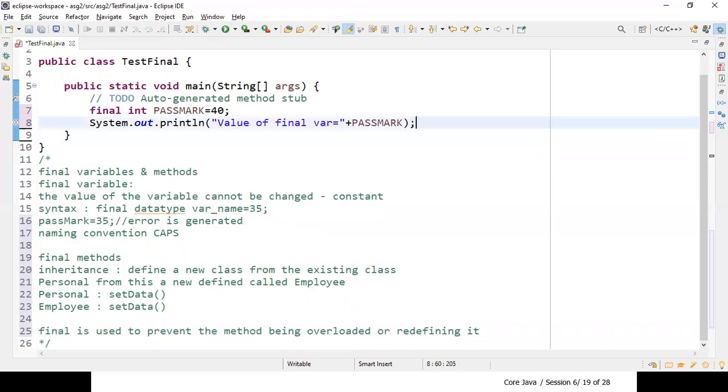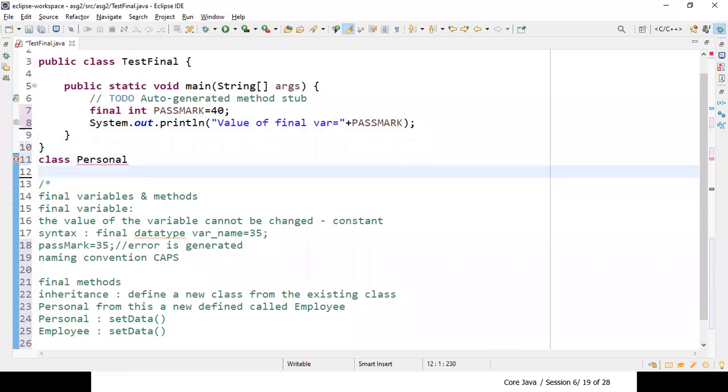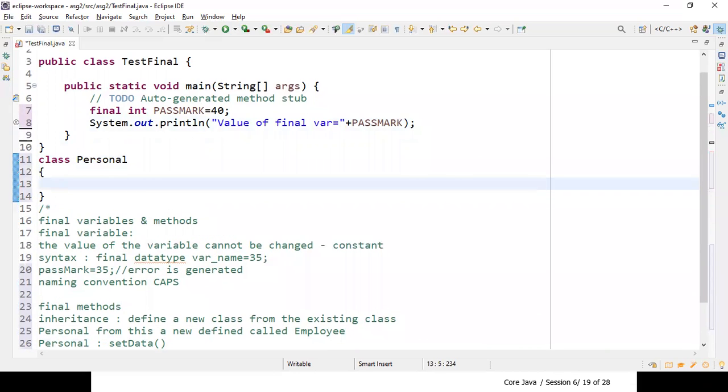I'll take one simple example, with Personal and Employee, but I'll not go in depth into that. I'll just say there is a class called Personal, and in this class I will have a method.